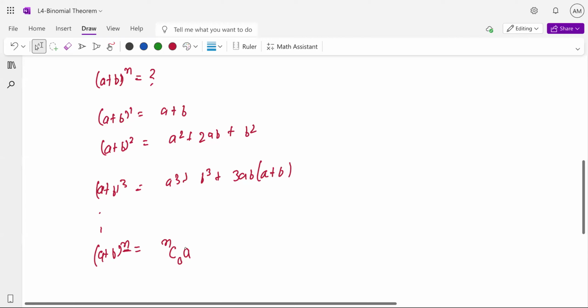Let me put r. Start with either r or n minus r, it's up to you. If you take this with r, the next one should be n minus r. If this is n minus r, the next one should be r. Is that clear? Yes, sir, clear. And this r should go from